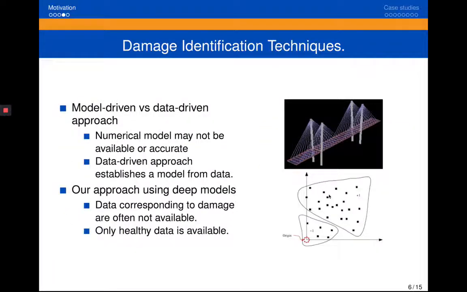Damage identification techniques can be classified into 2 types, mainly the model based and the data driven approach. In the model driven approach, numerical models simulating the bridge structural conditions are built, and the state changes of the bridges are tracked by monitoring the related physical parameters of the bridge structures. If the numerical models do not weigh in the relevant physical properties of the bridge, the model may not capture all the dynamics of the structure, rendering the model unreliable and less accurate.